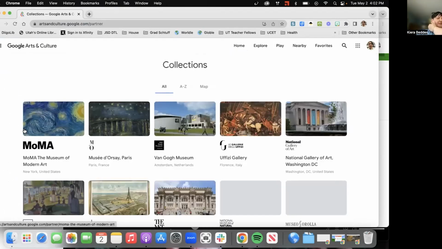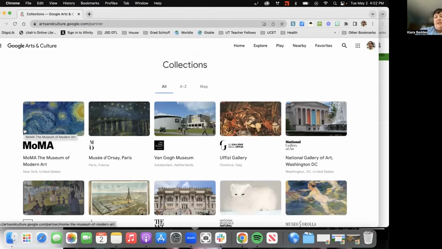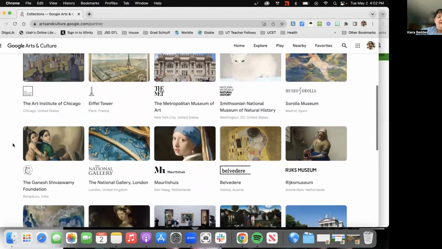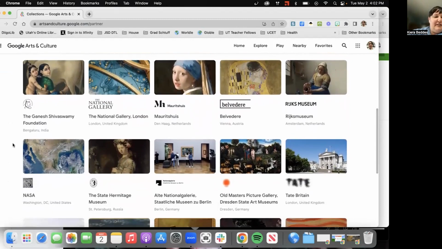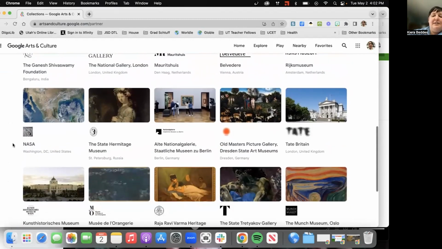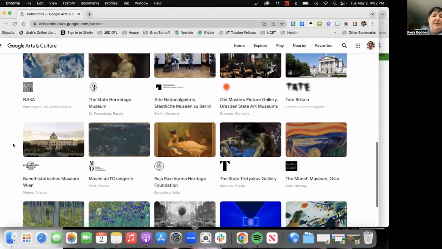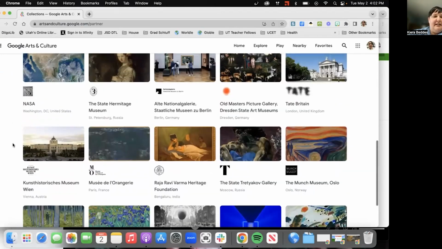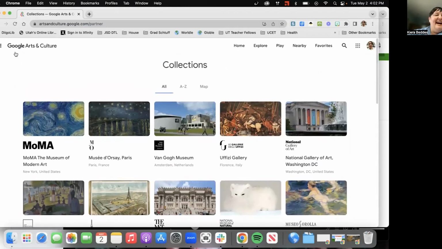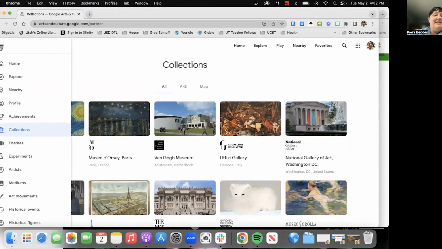So if there's a specific museum in the world that you want to draw from, you're welcome to do that. Please note that they're actual museums. So I wouldn't turn your students loose necessarily in a museum unless you had previewed their collections, just because they might come across something that they're not prepared to see. But for you as a teacher, you can sort by where the items are coming from.